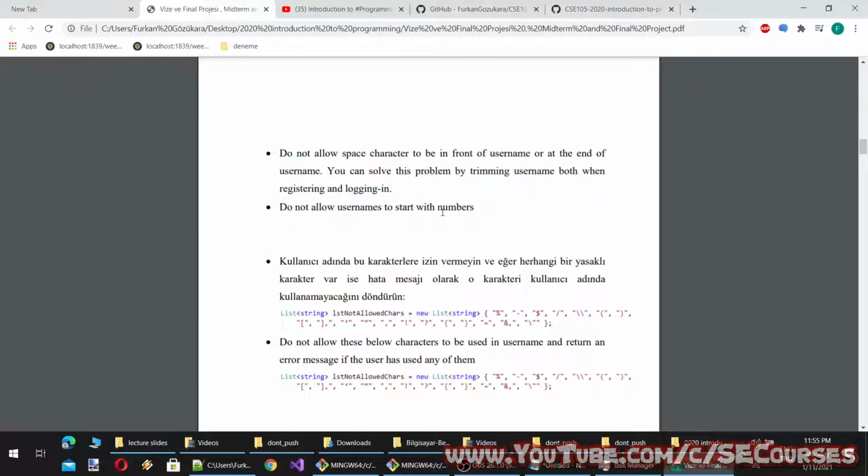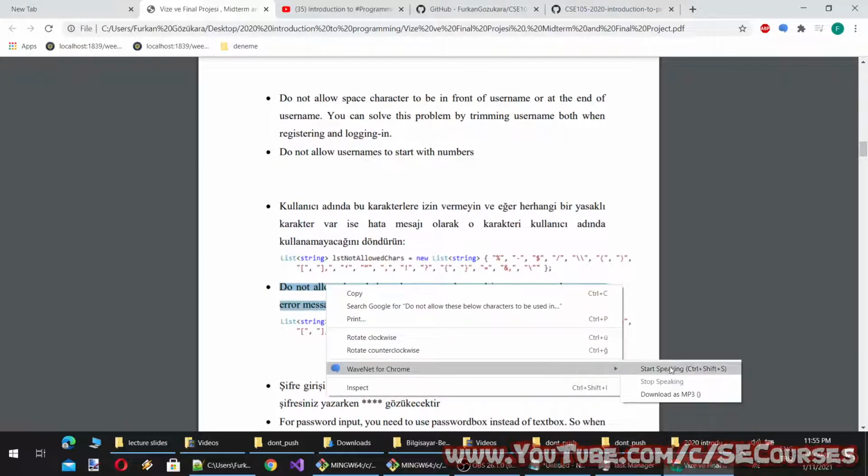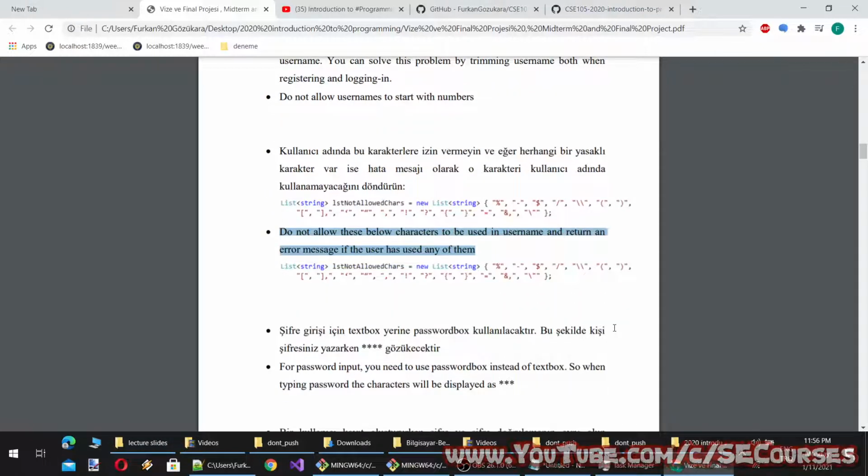Do not allow usernames to start with numbers. Do not allow the characters below to be used in a username, and return an error message if the user has used any of them. Instead of this, you can also define a set of characters that can only be used. So if characters other than those are used in the username, you can display that character to the user and say that it is illegal to use.